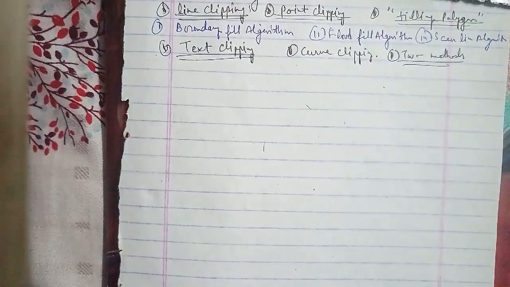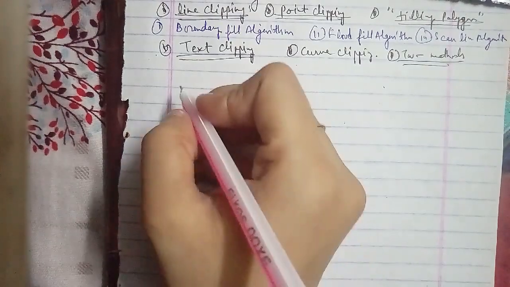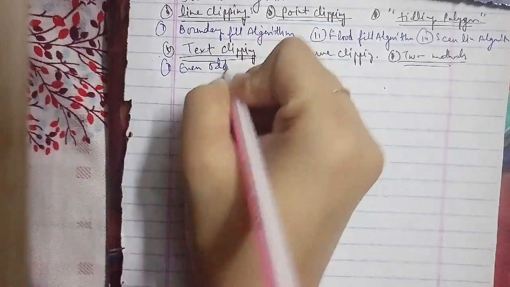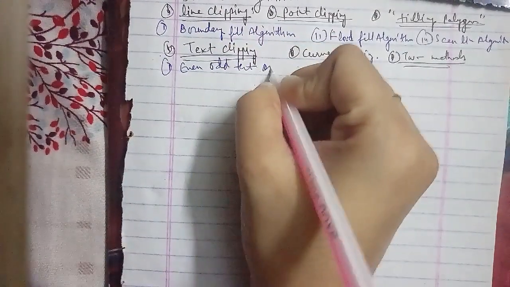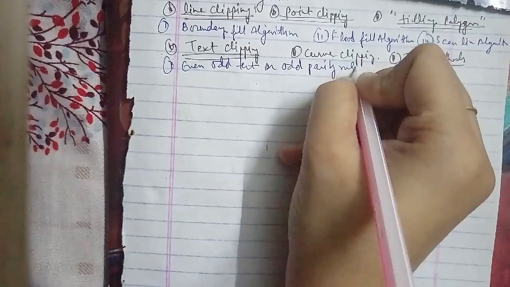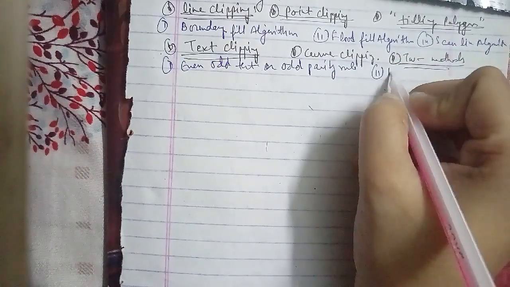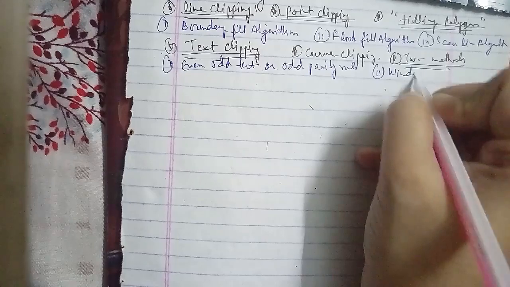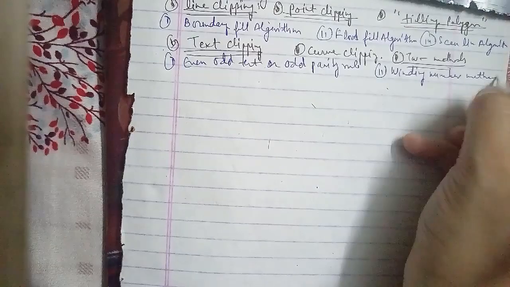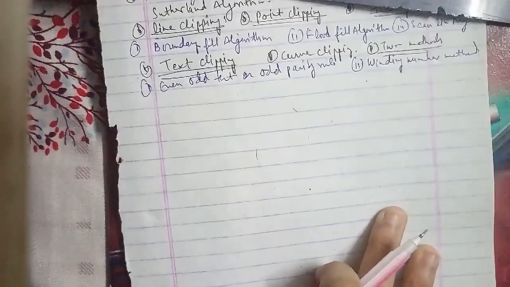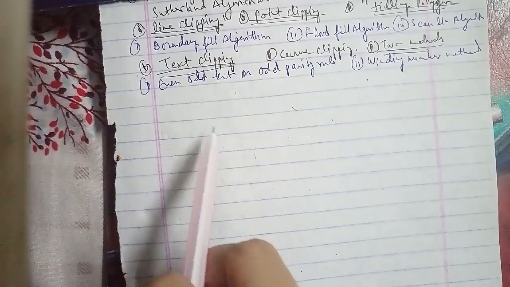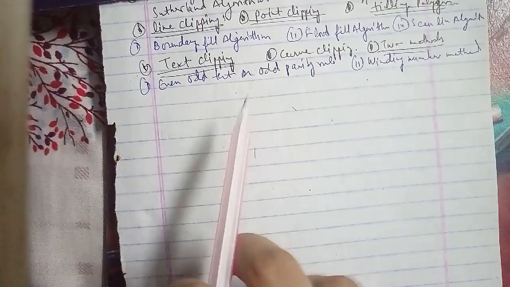The other question is, a dash is a clipping algorithm which follows the divide and conquer strategy. The answer is midpoint subdivision is a clipping algorithm which follows the divide and conquer strategy as well. The other question, also in the form of fill in the blanks, is the Cohen-Sutherland line clipping algorithm divides the entire region into dash number of sub regions. The Cohen-Sutherland line clipping algorithm divides the entire region into nine sub regions as well.